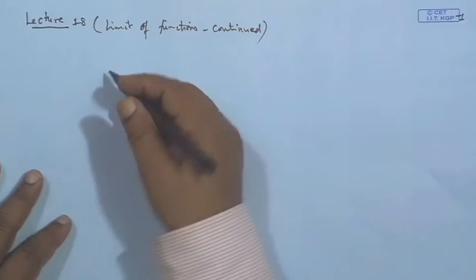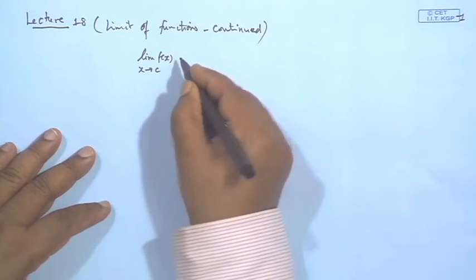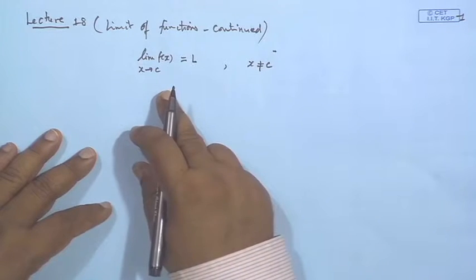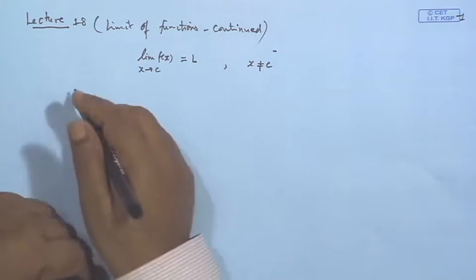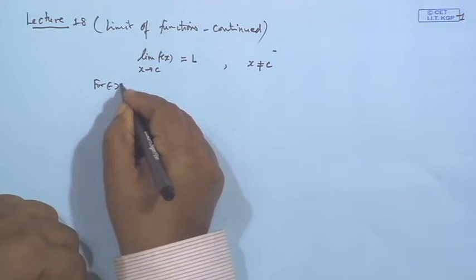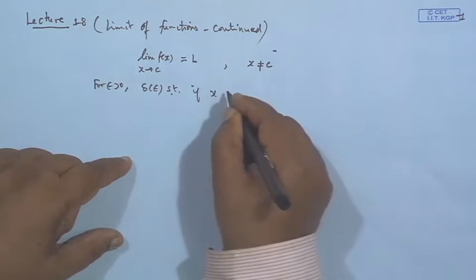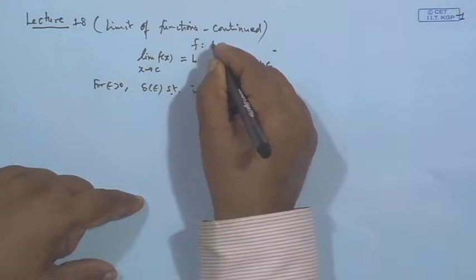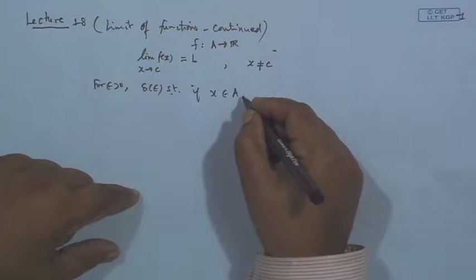Okay. So, we were discussing the limit of functions, and the way we have defined it is we say the limit of this function f(x) when x tends to c is L, where x is not equal to c. The meaning of this is that for every given epsilon greater than 0, there exists a delta, which will depend on epsilon, such that if x belongs to the set A, where A is any set and f is a mapping from A to R, but x is not equal to c,